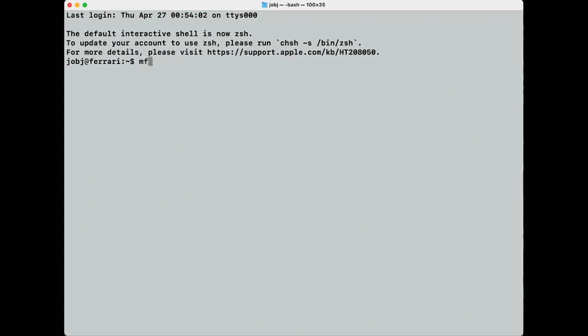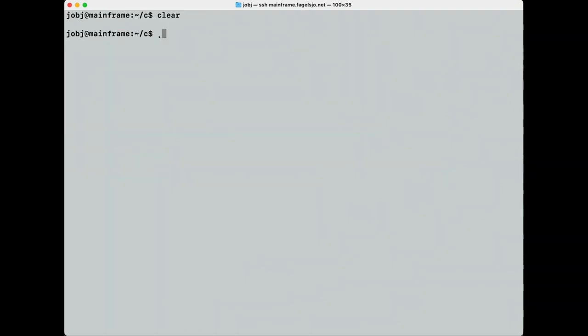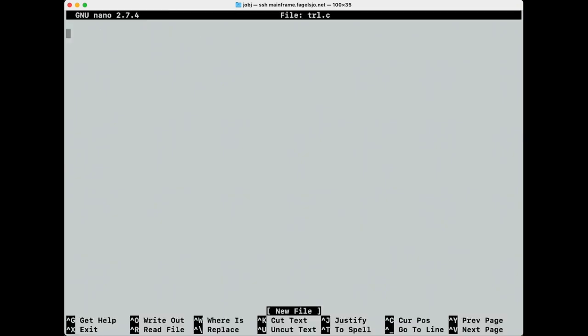So let me just log into my system. Okay, we will create a file and call it TRL, timed readLine. So I will put in the header trl.c, timed readLine,